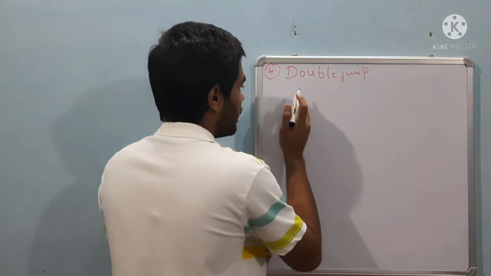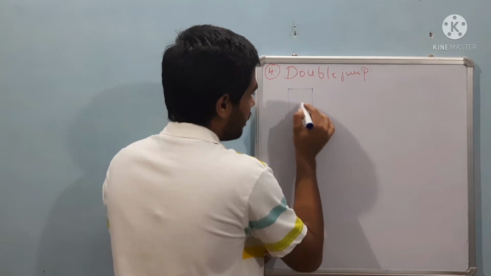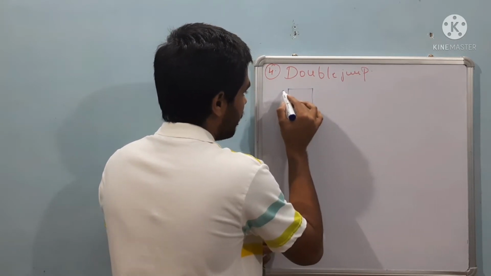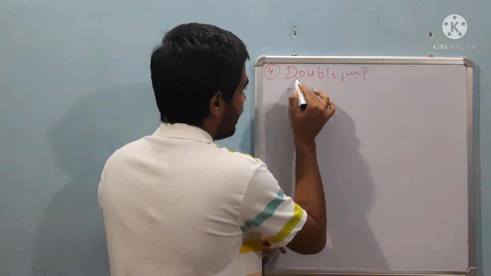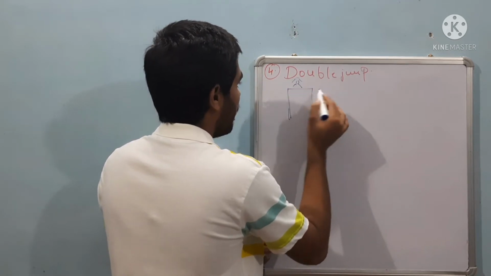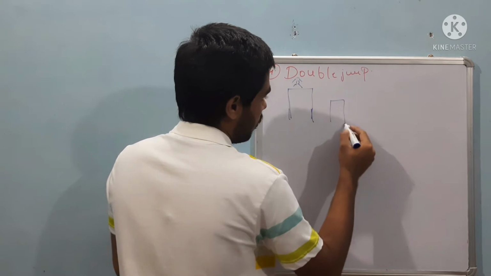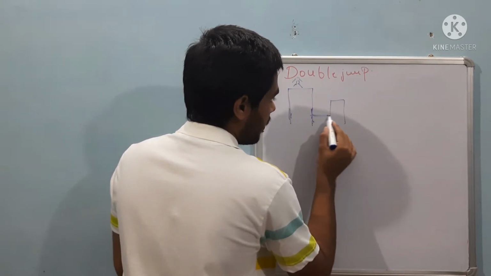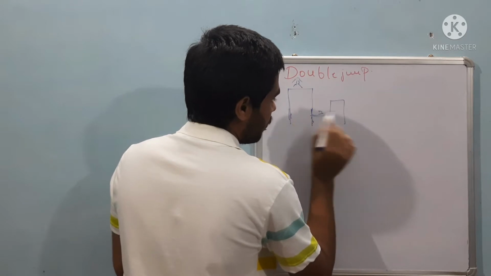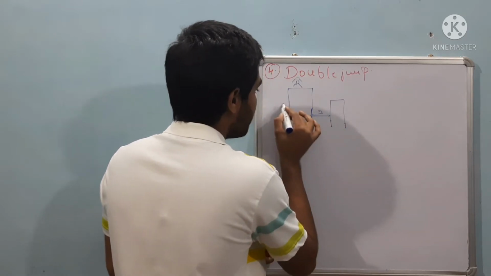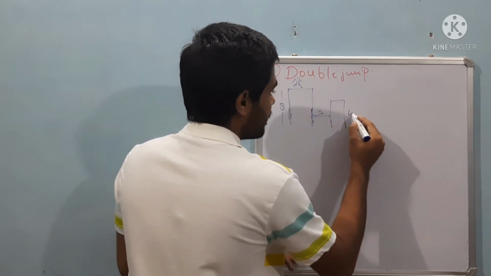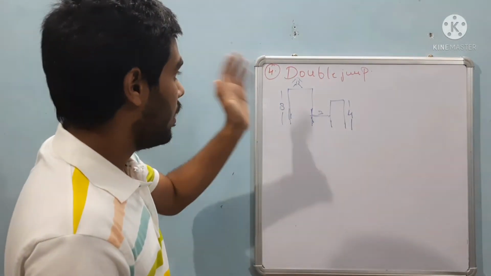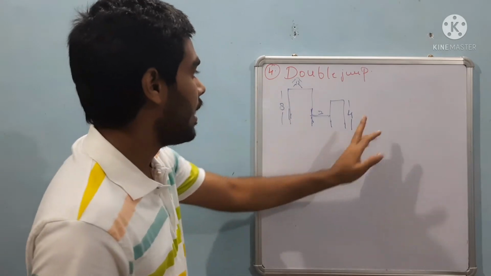You have to first reach this platform with the help of the stairs, and stand here, and you have to jump over here. There will be some distance between them, about 2 to 3 feet, and this distance will be 8 feet, and this distance will be 4 feet. That is, the longer obstacle is 8 feet, and the height is 4 feet.